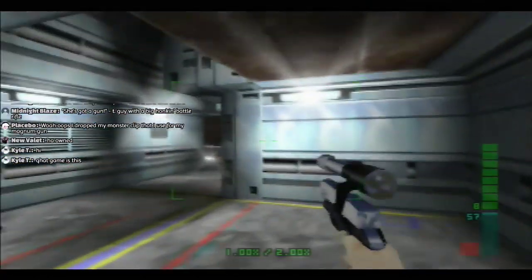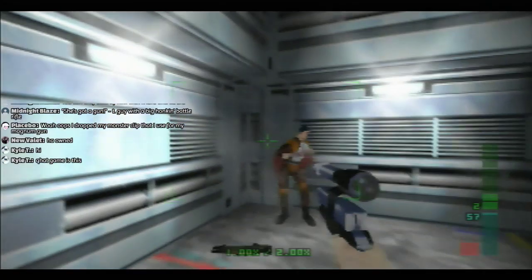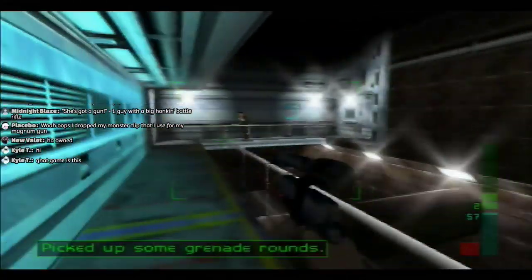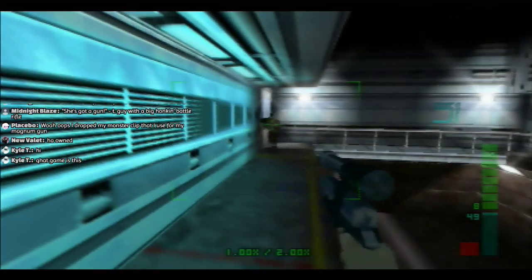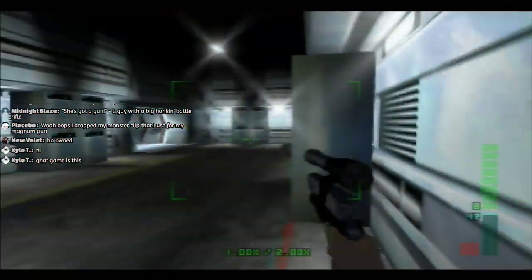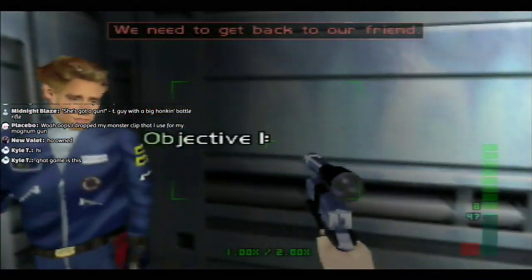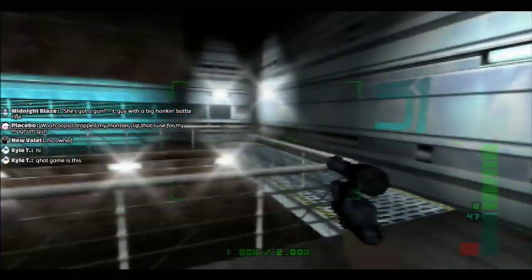Alright, let's see if he's in the same location. I don't want to die! Come here. Yeah, he must just always be here. We need to get back to our friend. Alright. Time to backtrack. This time, how about you,